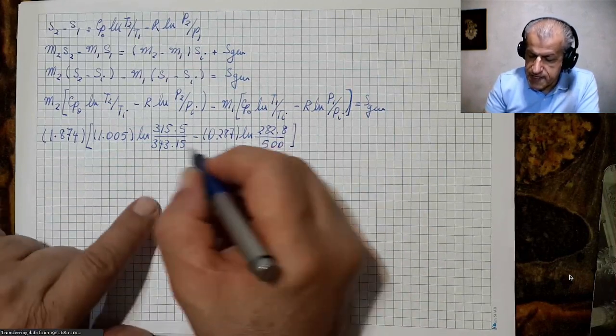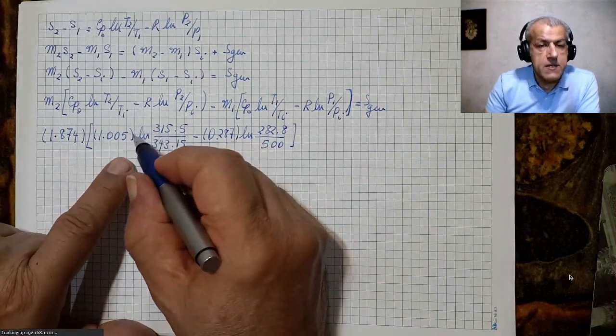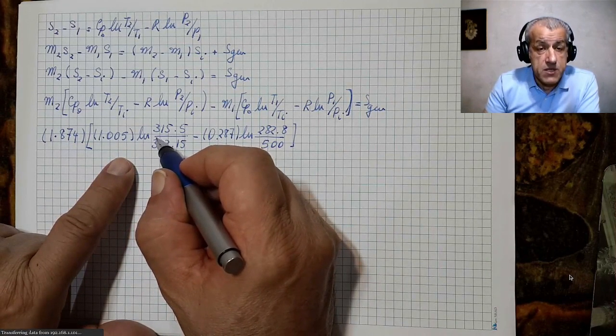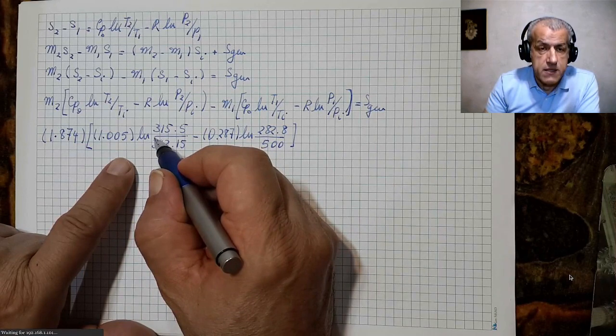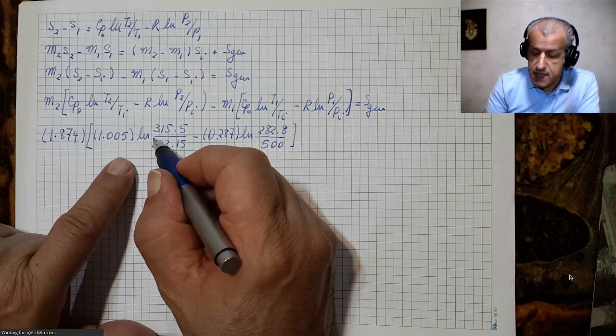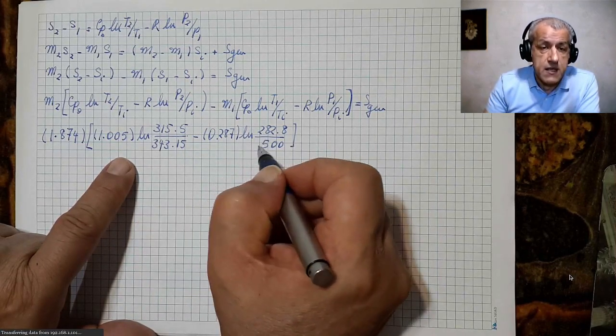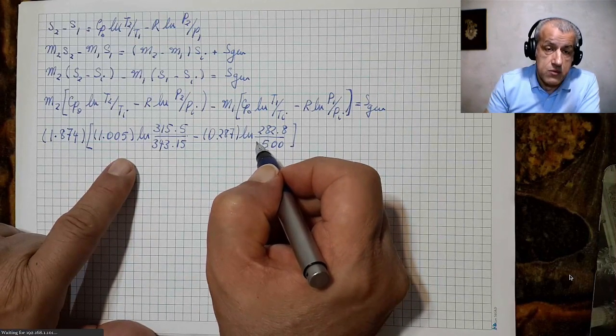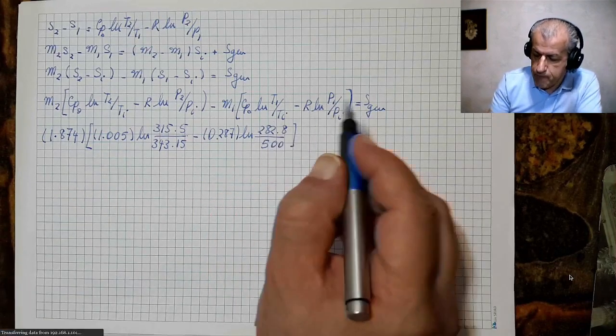You see, this term is the contribution of the temperature difference between the entering mass and the mass that is inside. This term is a contribution of the pressure difference, and each of them contributes to the irreversibility and entropy generation,